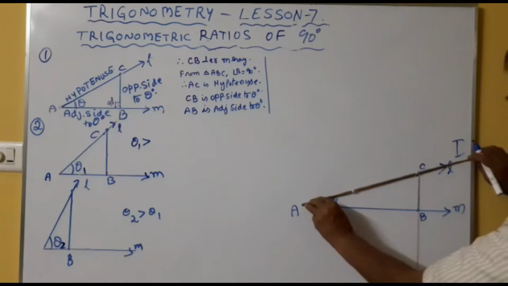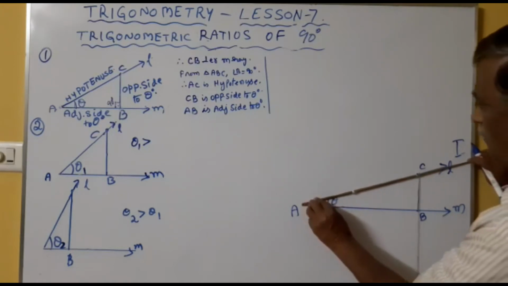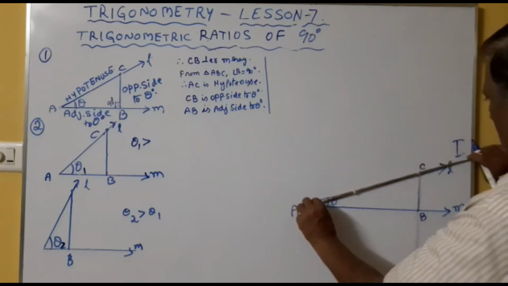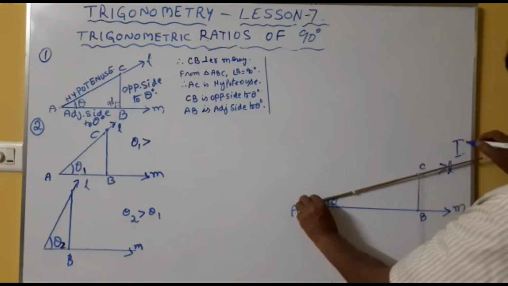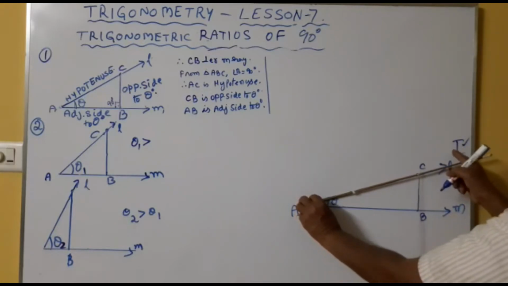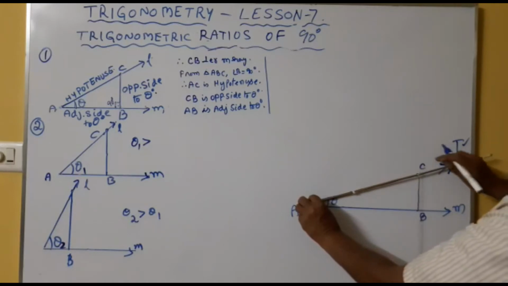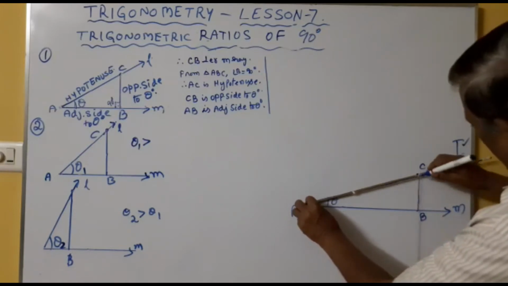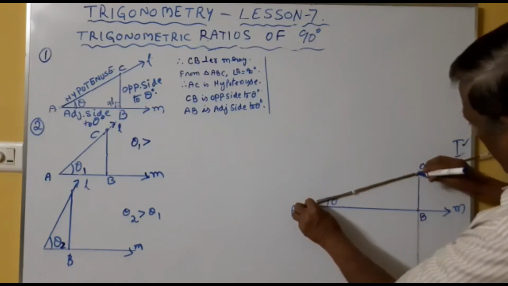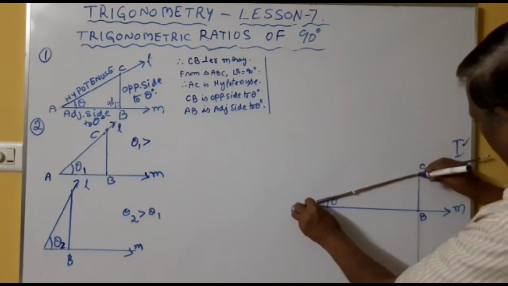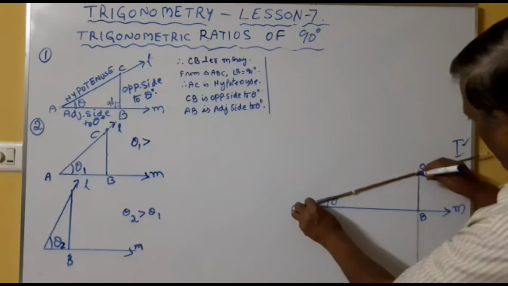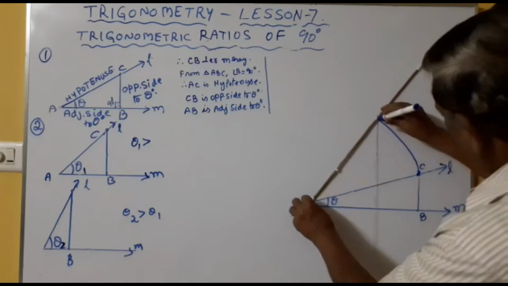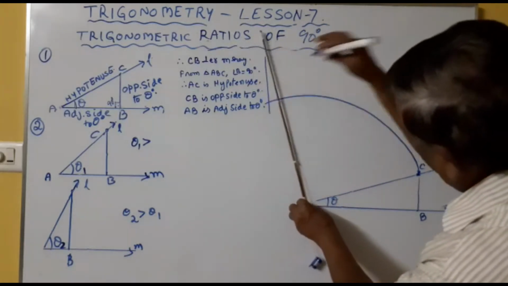What happens when this ray rotates about its endpoint A in anti-clockwise direction? Let us rotate. Consider this as the first position of L ray. During rotation of L ray, take any two more positions. Now, place the pen tip at C and rotate the ray L. Let us see what happens when the ray L rotates in anti-clockwise direction.